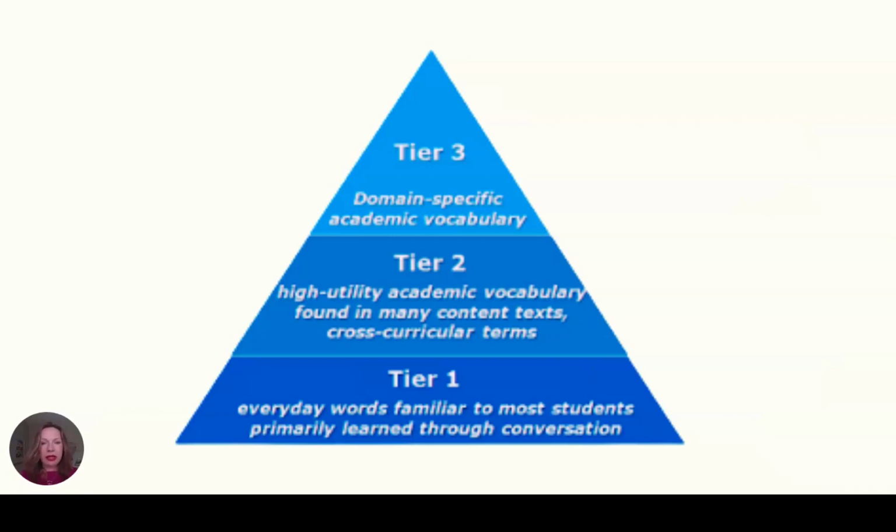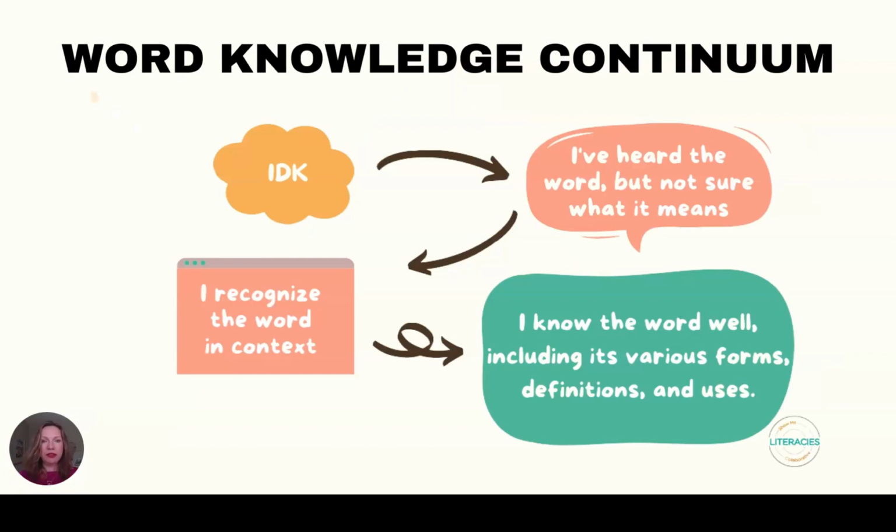And when we are asking students to start becoming independent word solvers, we can teach them about the word knowledge continuum. So if they come to a word, is it, I just don't know? Is it, I've heard the word, but not sure what it means? Or I recognize the word in context. I know the word well, including its various forms, definitions, and uses. So it's not just like we know it or we don't know it, but that we can build our knowledge. So if they've heard it, but they're not sure what it means, they still need to use those problem solving